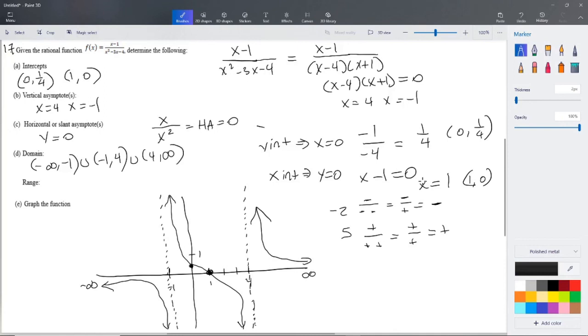Basically, it's a long and fancy way of saying it can't be -1 because there's a vertical asymptote there, and it can't be 4 because there's a vertical asymptote there. Now, range is up and down. And because we have a value here that goes through the horizontal asymptote, we have values everywhere. So our range value is actually everything. It's -infinity to +infinity. So that's how you want to do domain and range on 17,